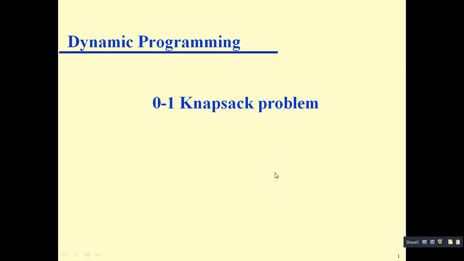So in my last lecture, I have covered the technique of dynamic programming principle to solve matrix parenthesization problem, where we have seen how to parenthesize a matrix in order to find the multiplication of a sequence of matrix with fewer number of scalar multiplications. Right. So today we shall see another interesting problem that is called 0-1 knapsack problem, again which is solved by using this dynamic programming approach.